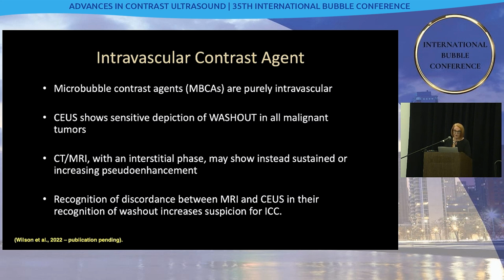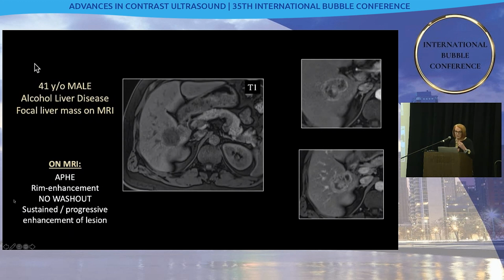So while the contrast stays in the vessels on CEUS, CT and MR contrast have a phase where they pass through vascular endothelium, especially in malignant tumors, and go into the interstitium. So recognition of discordance between MRI and CEUS in their recognition of washout increases suspicion for a certain tumor, and this is cholangiocarcinoma. Let's look at a 41-year-old male with alcohol liver disease and a focal liver mass on